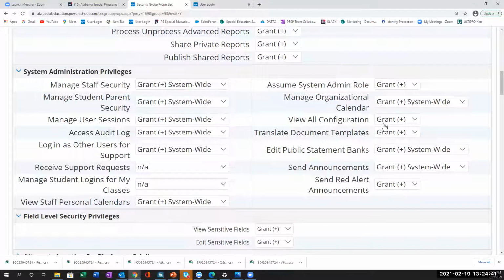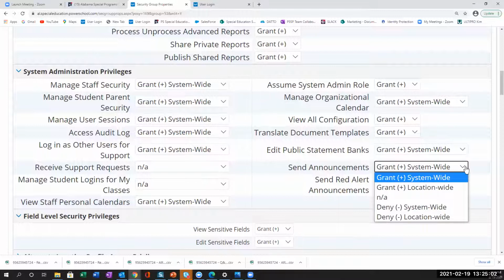You can view all the configuration. You could translate document templates using this account, because we can actually have documents in different languages. You can send announcements, and you can send those red alert announcements. So you have the capability to manage all those broadcasts and announcements. Now,